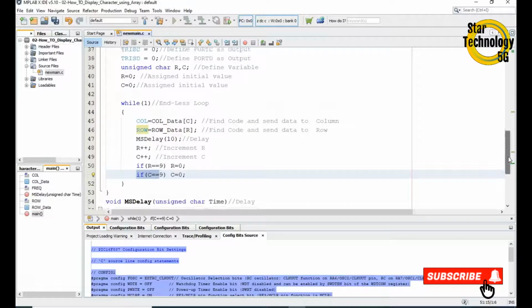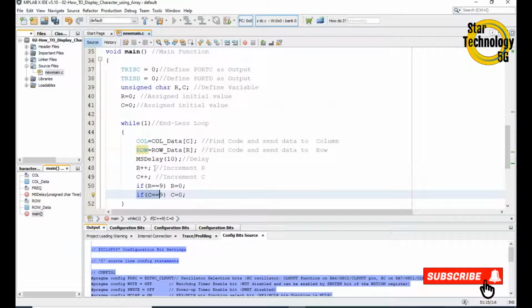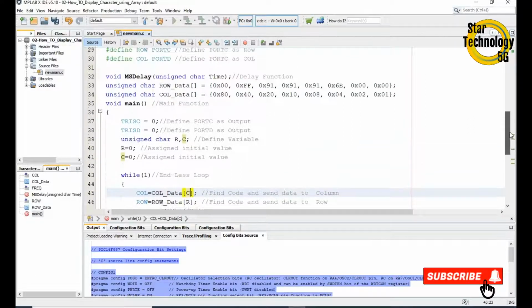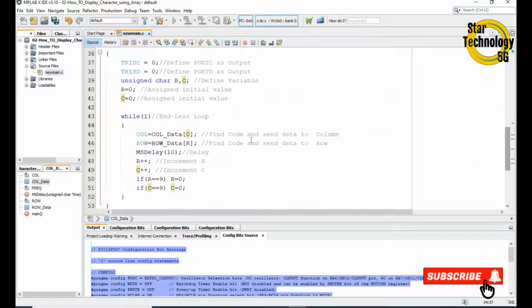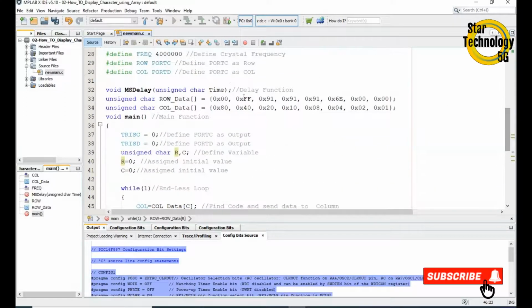In the next step the value of R is incremented. Now its value is 1, and the value of C is incremented. Now the value of C is equal to 1. After that it will send C. Now the value of C is equal to 1, and it will find code number 1, and it will send that code to the column. Next line in R, the value of R is equal to 1, and it will get code number 1,